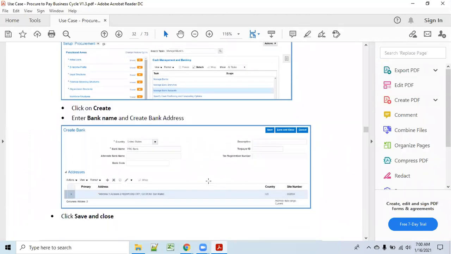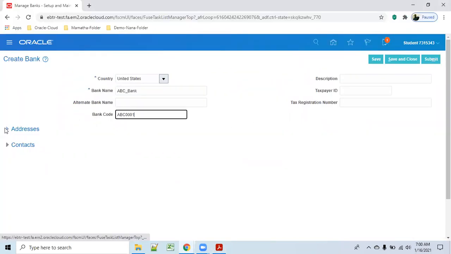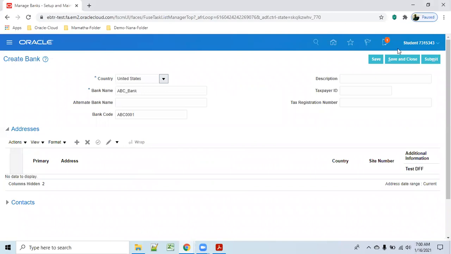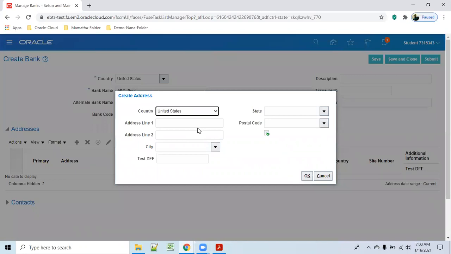So let me see, even I also don't know much. Create a bank and we need to create the address. Address is important, where it will be there. So go here, click on this. First save the form so that country bank it will create. Then you can add the address, bank address, wherever it is there. So my bank will be address line 1. This is line 2. City is California.